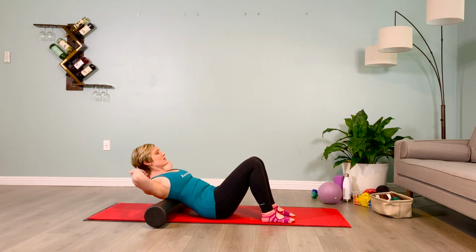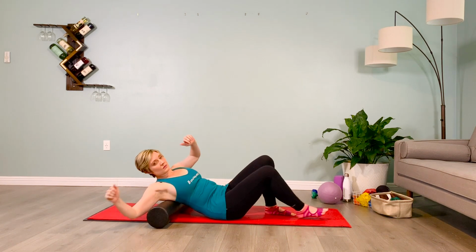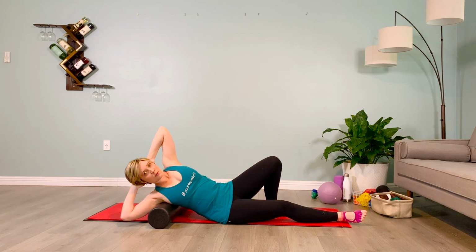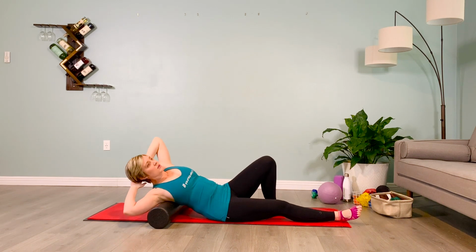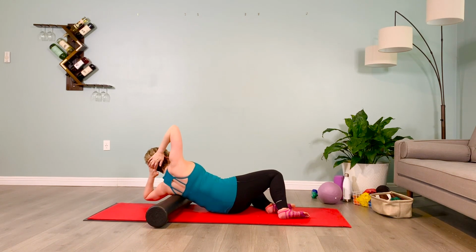Coming back to center, still cradling the head, rolling so that you're getting under the armpit, digging in, little circular motion, leaning in, rolling through center, the upper back now, all the way onto the opposing armpit, getting in there, digging, circular motion, breathing, inhale, bracing the abs,